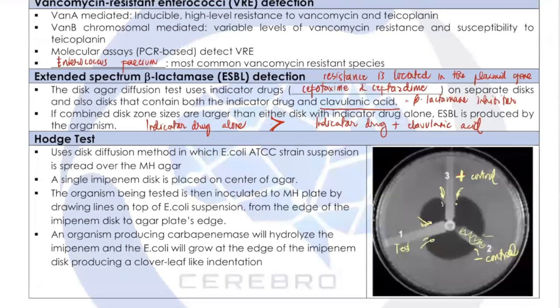Okay? So, sa ASCP, lumabas itong Hodge test na ito. Yung tanong is, meron daw person with pneumonia. Then the organism causing his pneumonia was found out to be Hodge test positive. Okay, modified Hodge test positive. Ano daw yung antibiotic na bawal ibigay? Yung sagot doon, imipenem. Hindi mo siya pwedeng bigyan ng any carbapenem. Why? Again, wala siyang silbi because the organism is a carbapenemase producing organism and it will just render any carbapenem